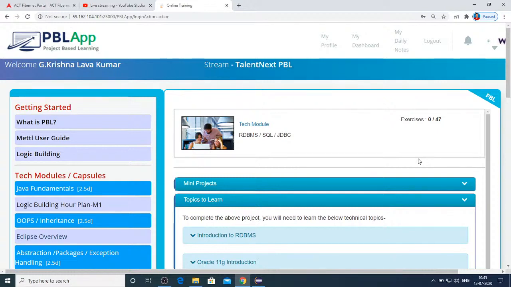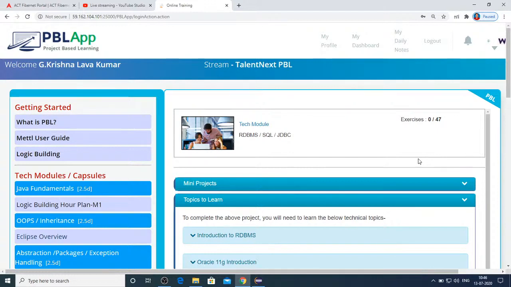Step 4 is executing the query and processing results using the result set object. And step 5 is closing statements and connections. Whatever statements and connections you have opened, you just need to close all of them. So these are the 5 steps you need to remember in order to perform JDBC programming, that is Java Database Connectivity programming.